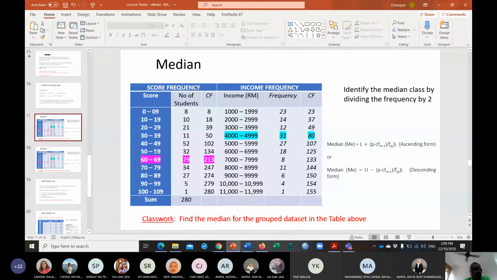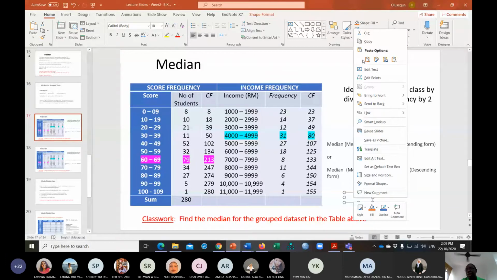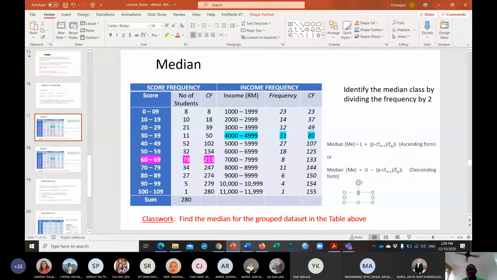Statistically, what people do is to add the upper limit of the class before to the lower limit of the class and divide by 2. So the lower boundary L will now equal to 59